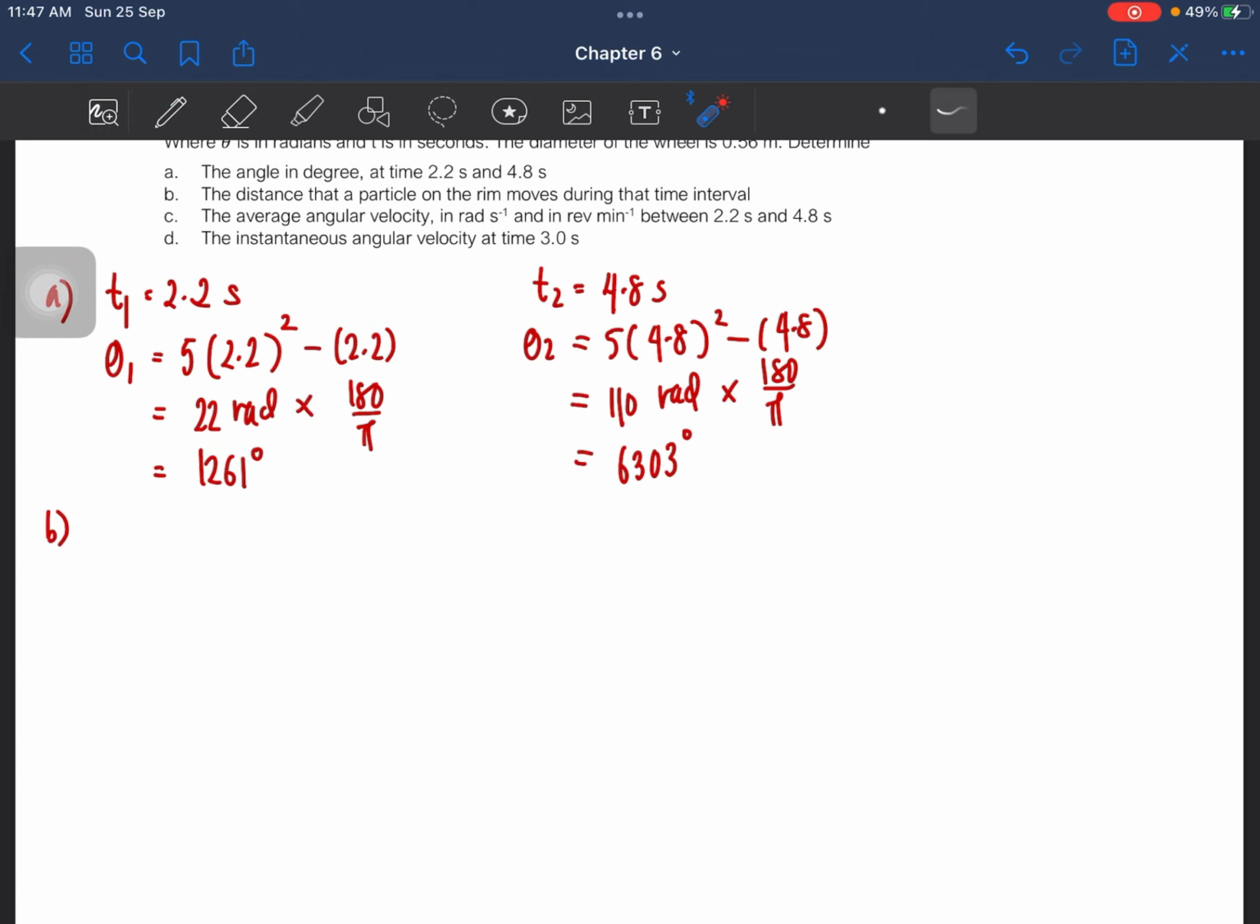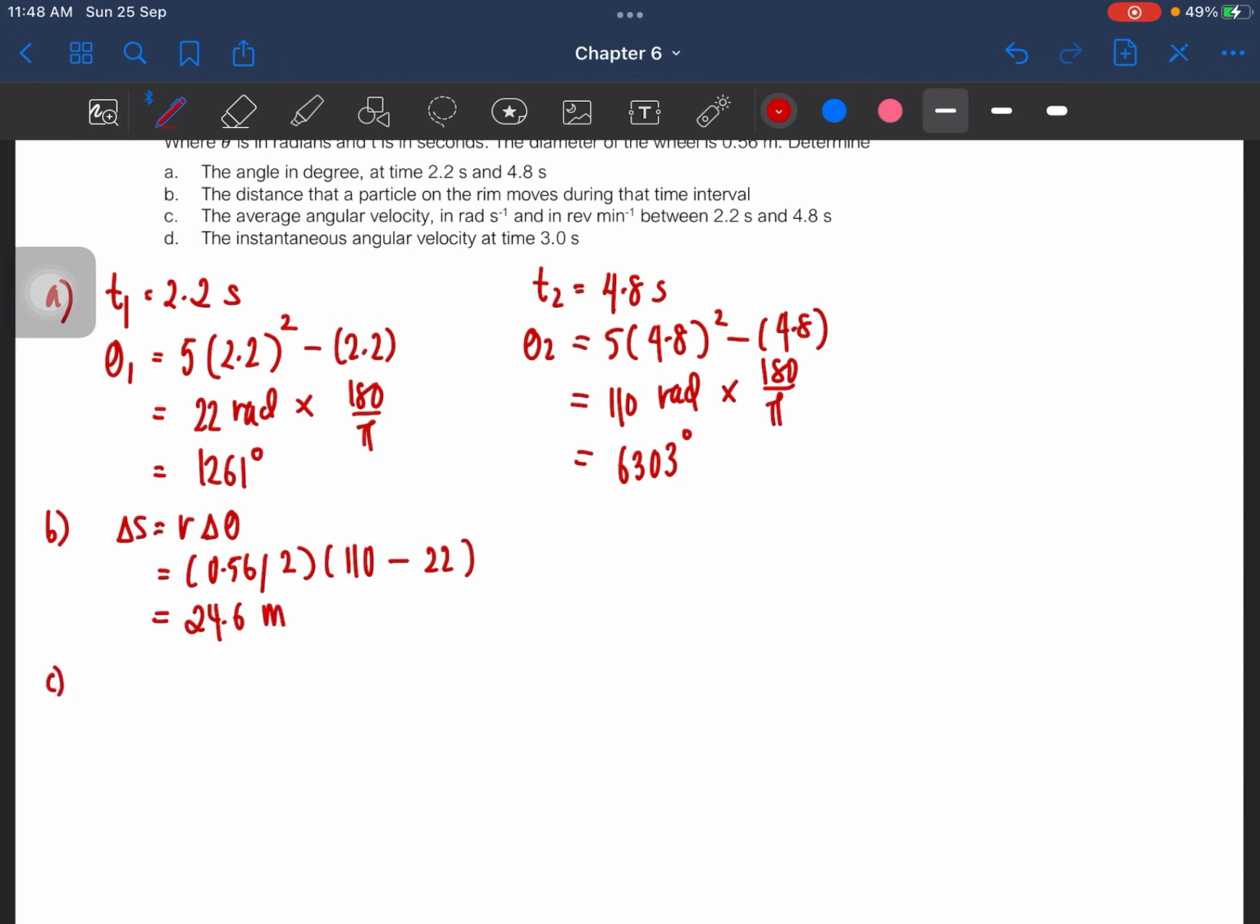Next, we have to calculate the distance that a particle on the rim moves during that time interval. For this time interval, we have to find the arc length, so we will be using delta theta. This is 0.56 divided by 2. We have to use radians because it is the SI unit, 110 minus 22. So the arc length, the distance that the particle is moving within that period of time, is equal to 24.6